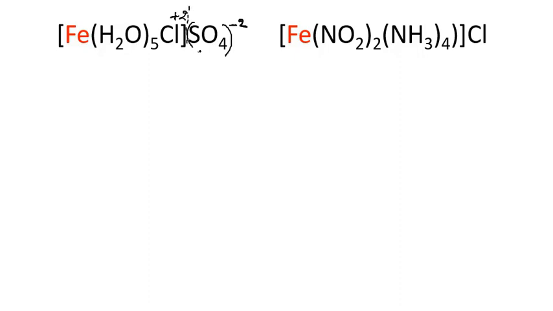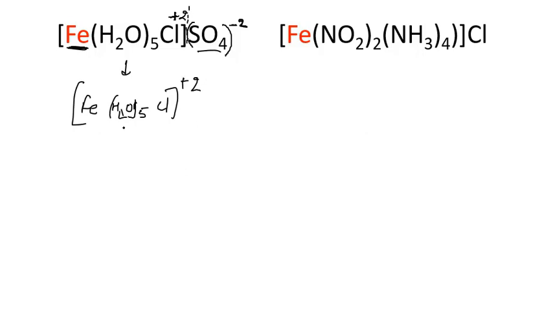So I separated this portion. I have to calculate the oxidation number of iron, so I focus on the cationic part because iron is present in the cationic portion. Otherwise, I can write directly from here the cationic part which we are getting. It is [Fe(H2O)5Cl], and overall charge is plus 2.